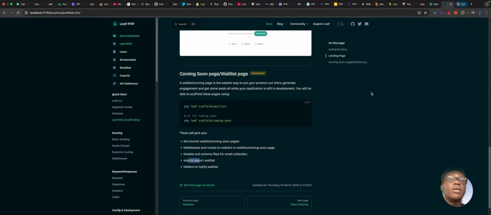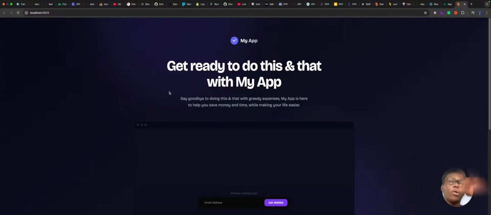Yeah, so all of those will come built in, so you'll be able to run PHP leaf scaffold waitlist. Actually, now they've been merged, so you don't get two commands, you get only one. So you scaffold waitlist, and it pops all of that stuff out for you. Okay, so the really cool thing is